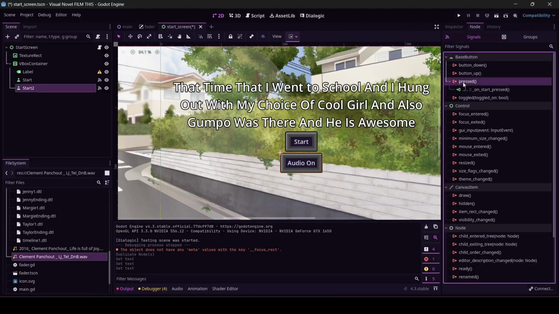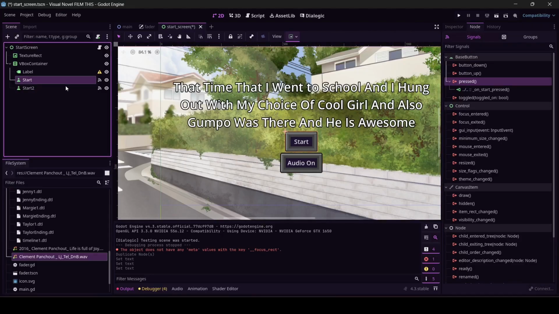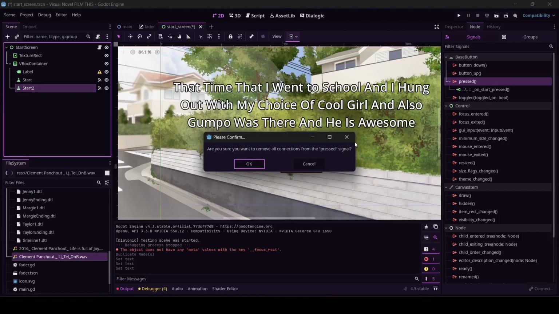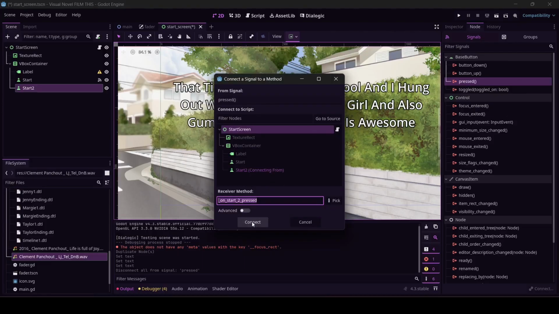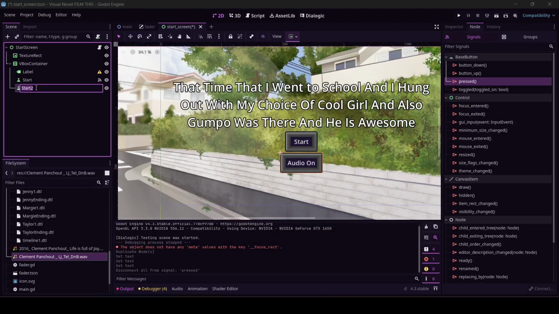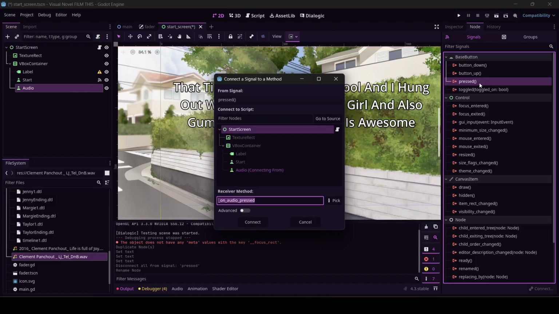It thinks that it's going to run the same code as start. I don't want it to, so I have to come over here to the node tab, disconnect this, yes, I'm totally sure, and reconnect it. Whoa! Let's call that audio button. And now the function will be named something nicer.